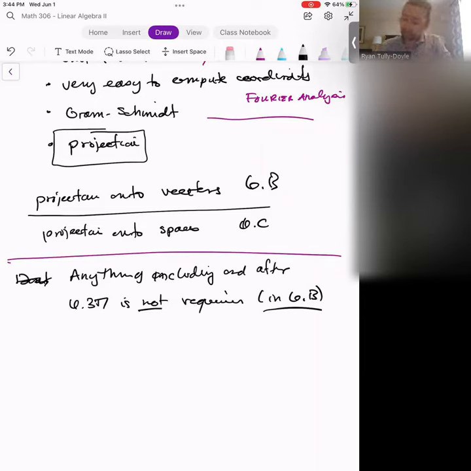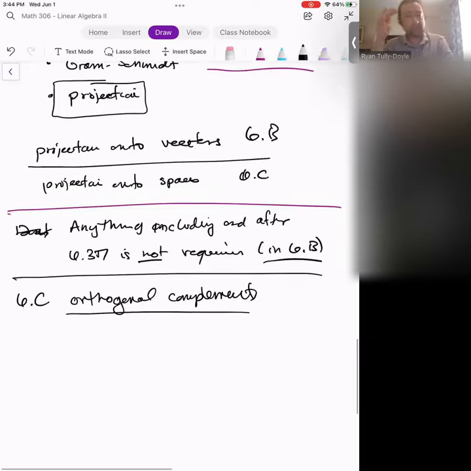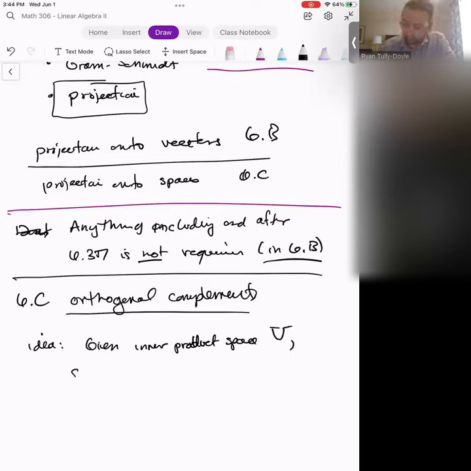Okay, so 6c. The title of this is called orthogonal complements. But what I want you to think about is that it's a way of breaking a space up into a direct sum very naturally. The big idea of this chapter is, given an inner product space V and a subspace U, maybe I'll say W so it's easy to distinguish, sitting inside of V,